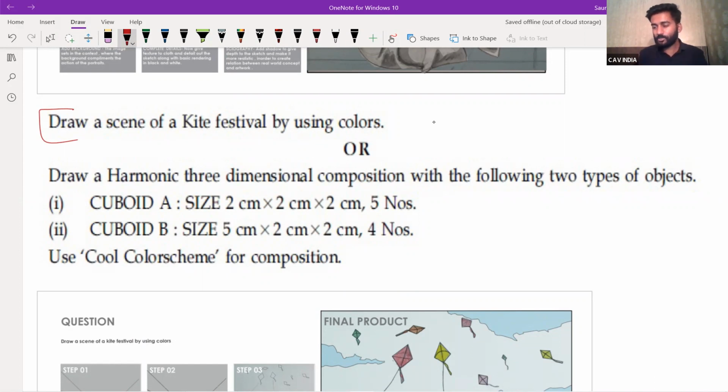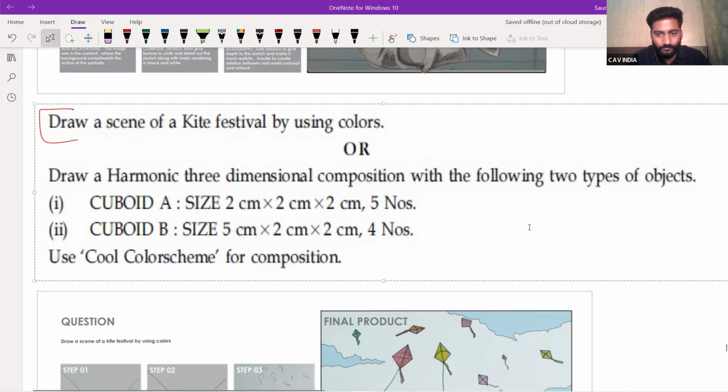Kite festival, you are on the ground, you are on some rooftop, you are in a park or anything, whatever the crowd, the entire thing depends upon you. So in this kind of question, the examiner will also see your visualization part, your imagination part. After that, they will see how you drew that and the completion of it, all those details. So if we just try to look at this question,